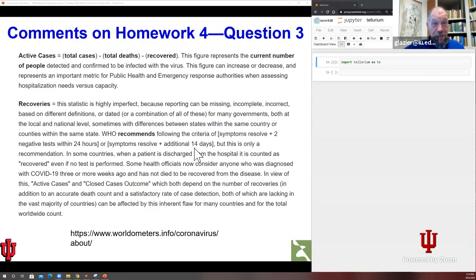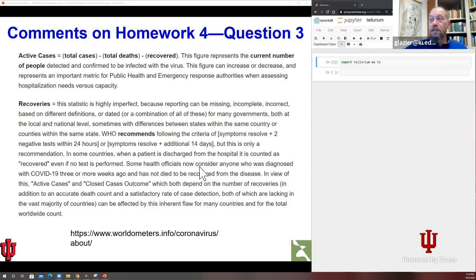Can't be faster than 14 days. That would assume if you got sick and recovered in 1 day, it would be 15 days. So you can't possibly get a number less than 2 or 3 weeks out of that. And then this is only a recommendation. Discharge from hospital is all right, maybe. But